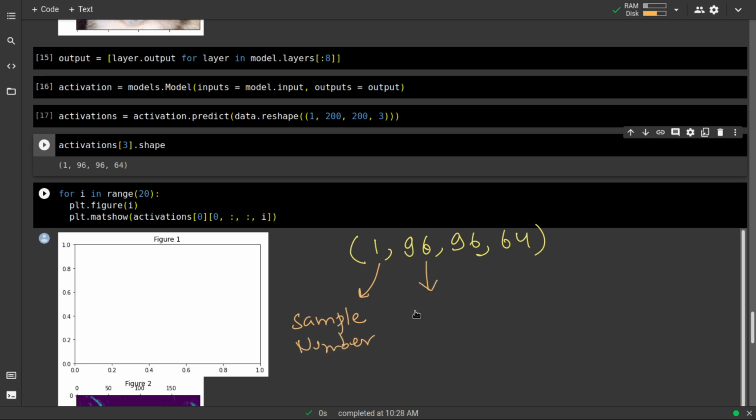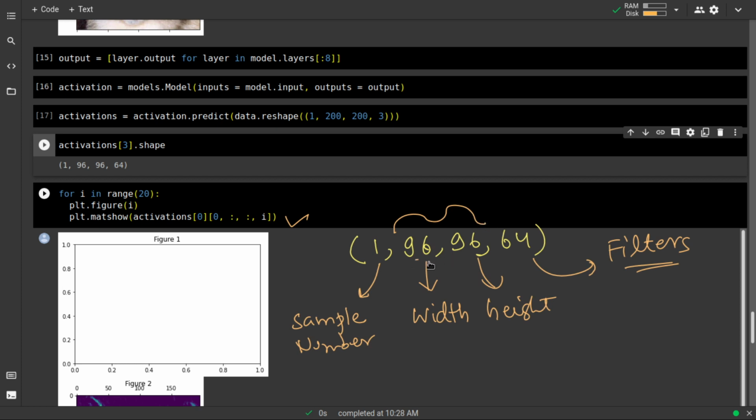This could be width or height, I am confused with that, so it must be width. So this is height, this is filters. What I'm doing over here is taking this image data.